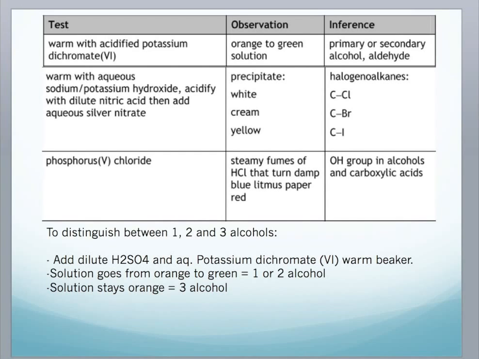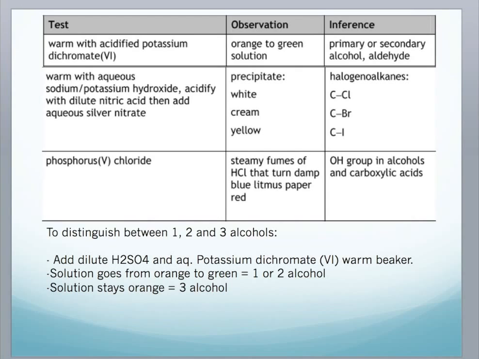With halogenoalkanes, you would usually add warm aqueous sodium or potassium hydroxide, then acidify it with dilute nitric acid and add aqueous silver nitrate. After doing those steps, if you have a white precipitate, it means you have a chloroalkane. With a cream precipitate, it means you have a bromoalkane, and a yellow precipitate means you have